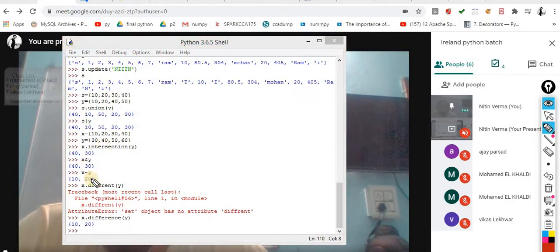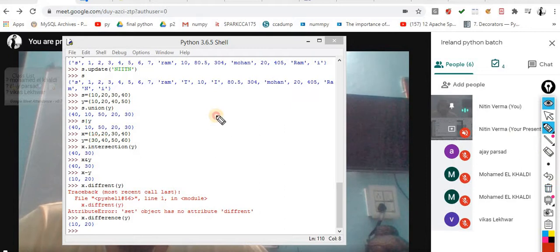Difference means x minus y. So x has values 10, 20, 30, 40, and for y I want to find the unique values, only the unique values that are present in x. Keep this point in mind: I want only the unique items which are available inside x only.